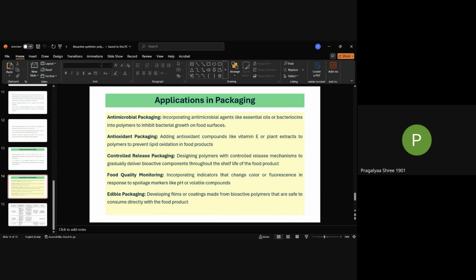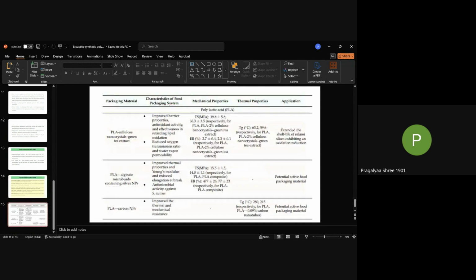So instead of this, you can go for this type of edible packaging, the edible coating method, which is easily digestible or degradable also. And this table gives you the bioactive packaging materials and their characteristics, mechanical properties,